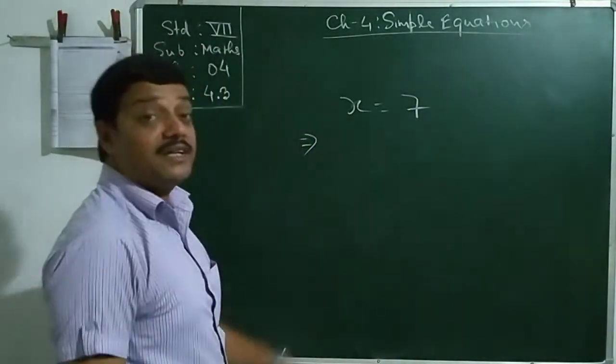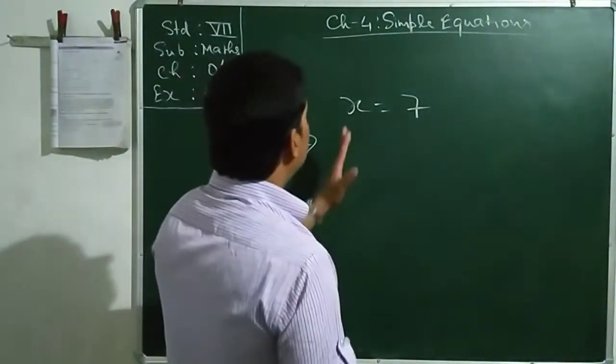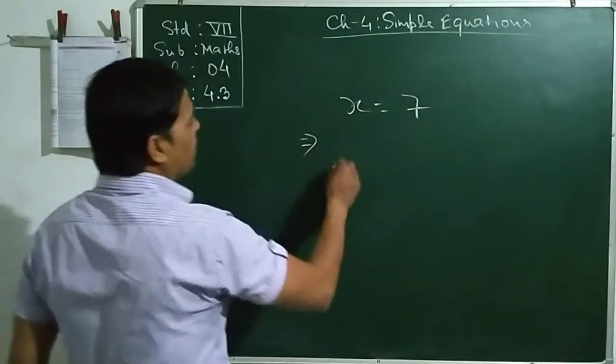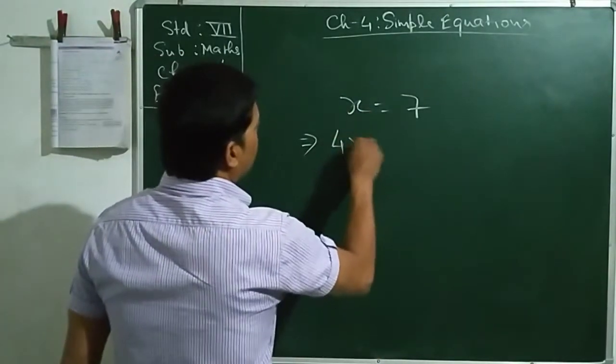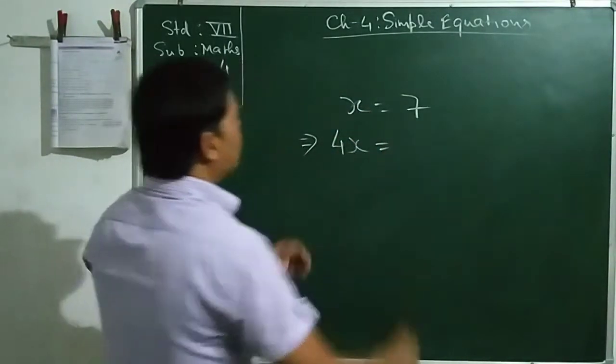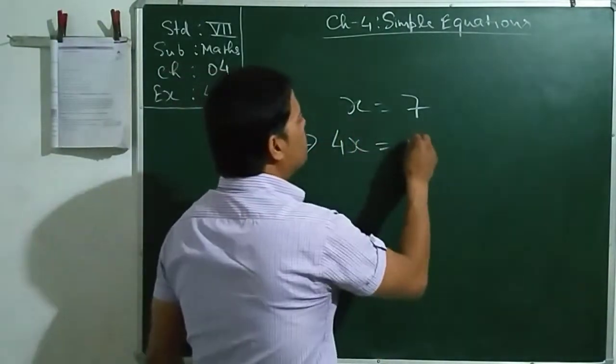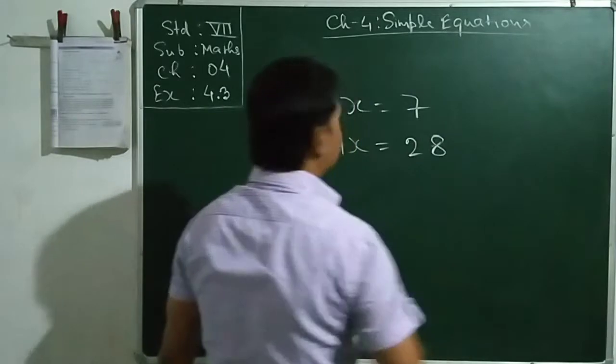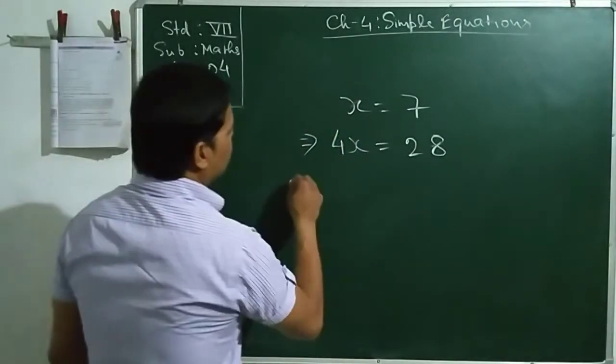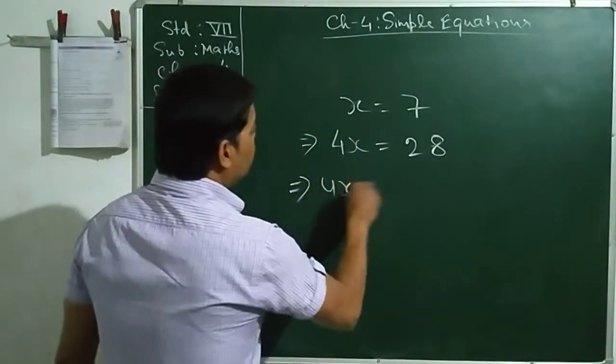Same thing from the RHS also. Let us multiply here. Let us take 4x. 4x equal to, as I have multiplied 4 in the LHS, it will be 4 into 7, that is 28. Now take another example, or make another